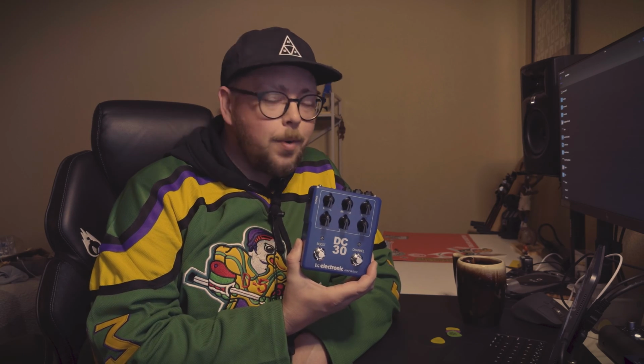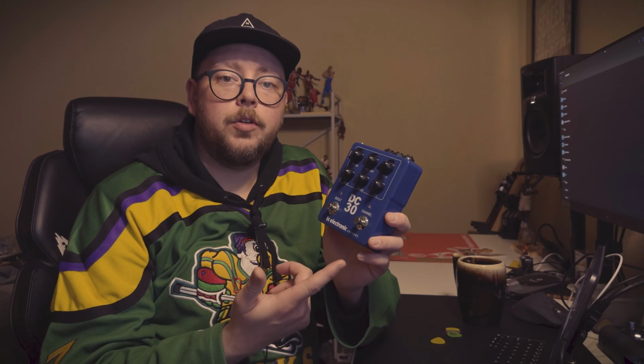DC30. Boy, that's a mouthful. This is TC's AC30 style amp in a box from their Ampworx line that released sometime last year. I'm going to go over a couple of the features before we get into the sounds. Now, this is by no means a technical demo. I'm not going to go over everything. There are so many videos out there, but I just want to give you guys a basic understanding of what